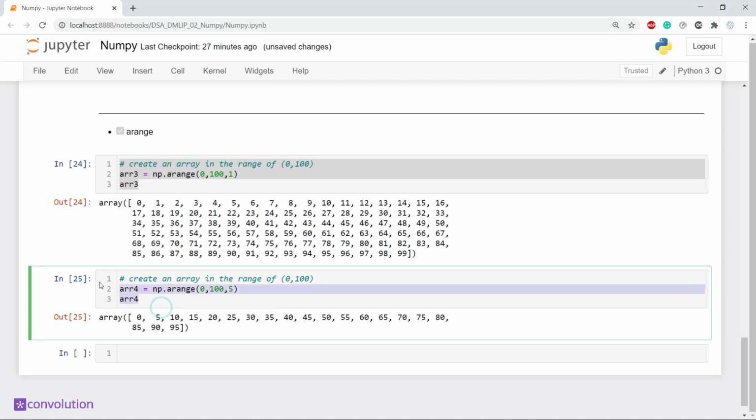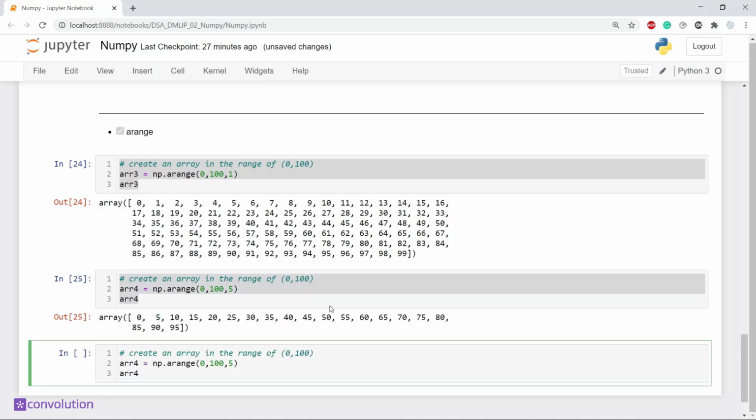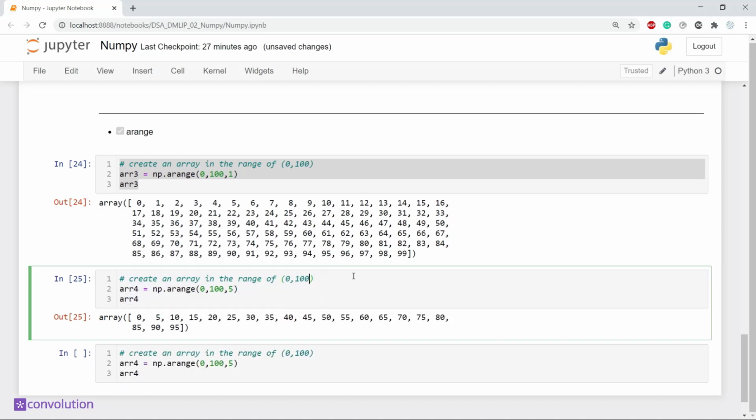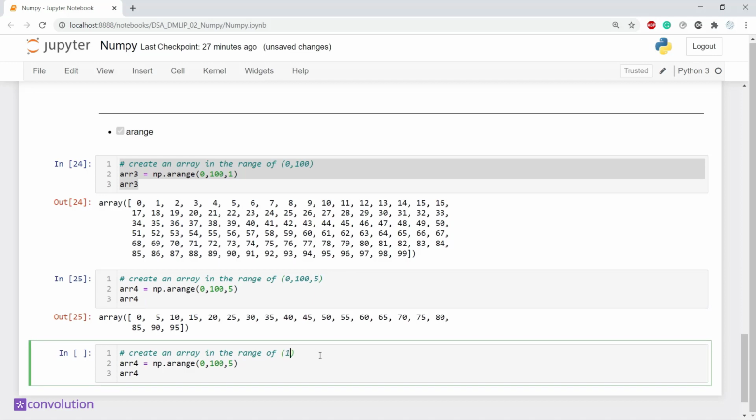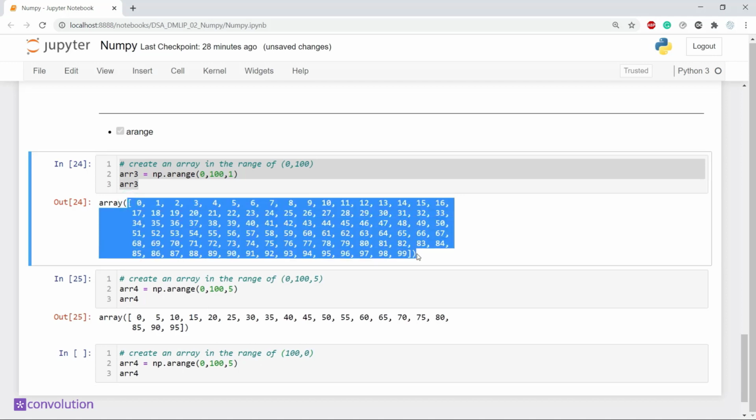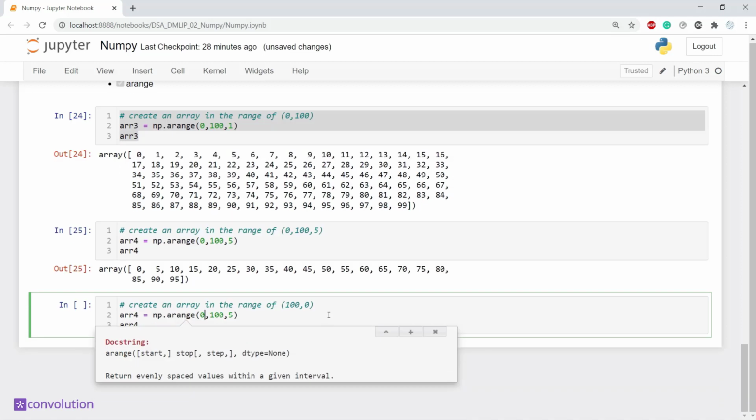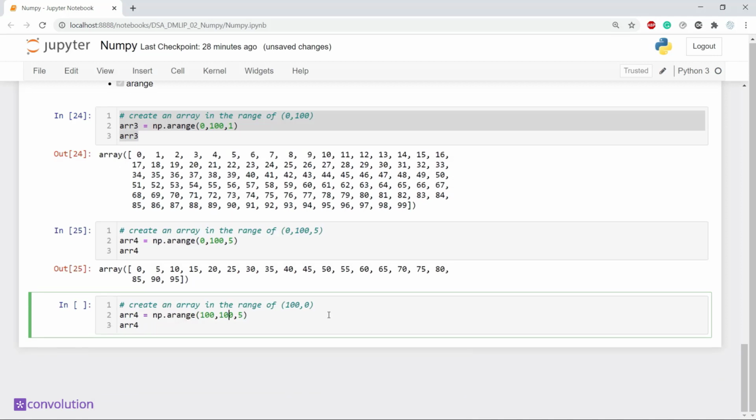We can also create values in a different way. Like, I just want to create values between 100 and 0. So I need to start with 100 and end with 0, or something like 1. It is actually similar to what we did before, but here I need to start with 100, 99, 98, and so on. In order to create that, start is 100 and stop is 0, and